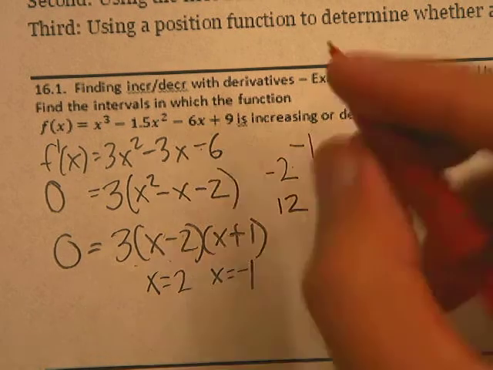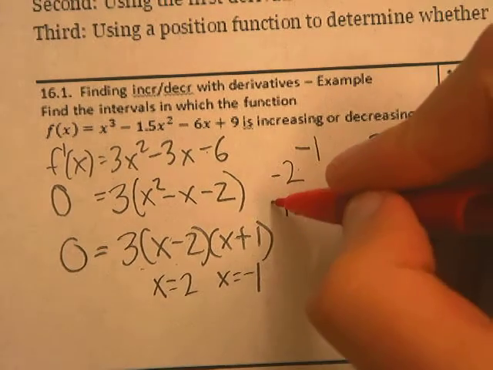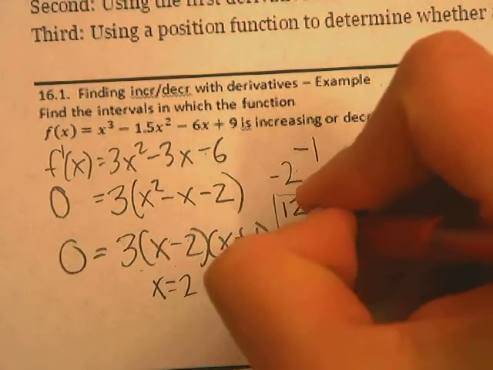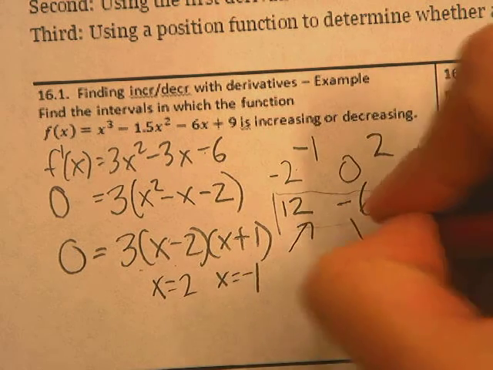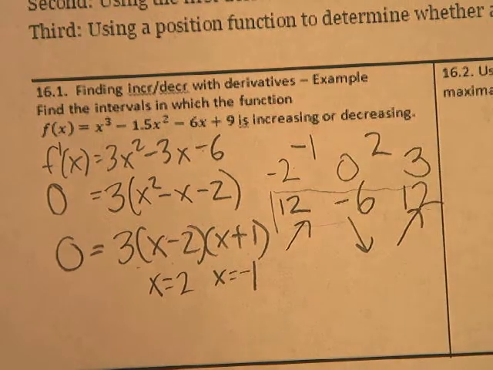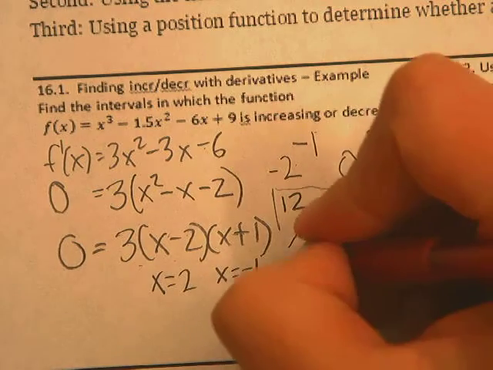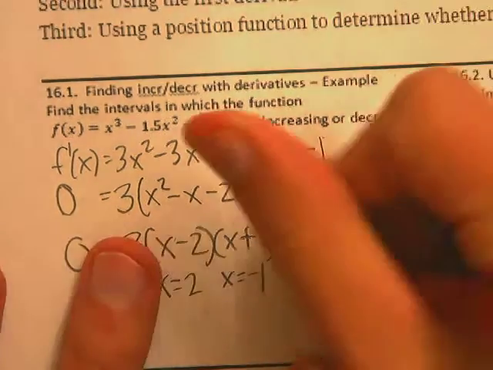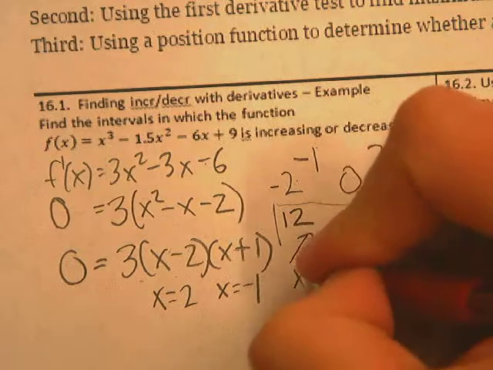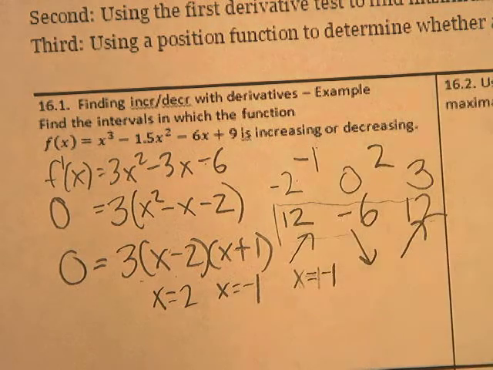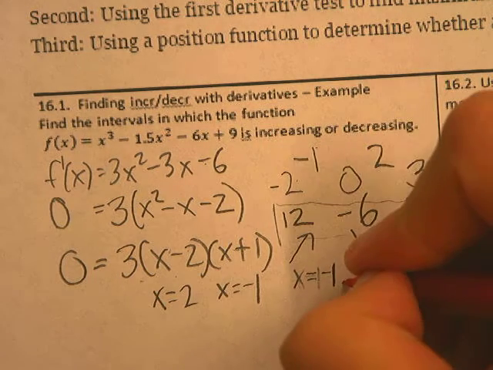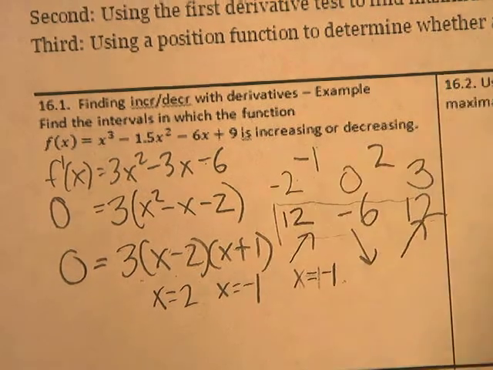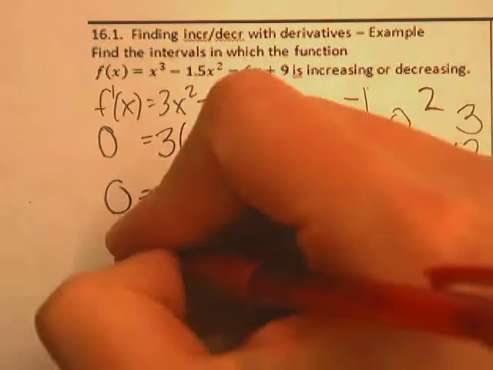So it's going, okay, these numbers are the slopes at those points. So I can tell it's going from increasing to decreasing and then back to increasing. So at x equals negative 1, at that point, it switches from increasing to decreasing. So the way I'm going to write this is I'm going to write increasing